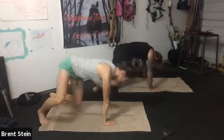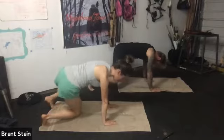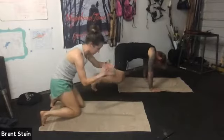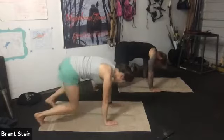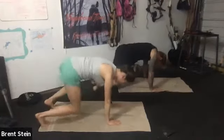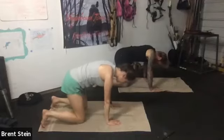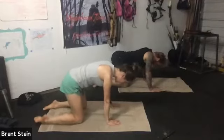So shoulders are even. The only place that's moving is the middle of the back. You're like a toy doll where you're just twisting it right at the core. And really the distance between the right knee and the left knee is staying the same the whole time. 10 each way. From there, you'll put the knees down and you can put the tops of the feet down